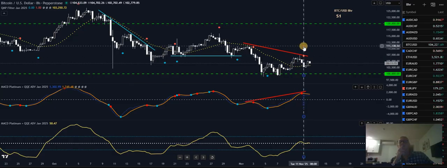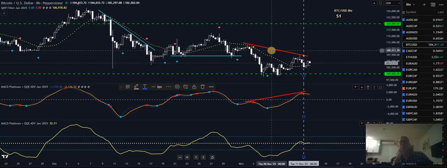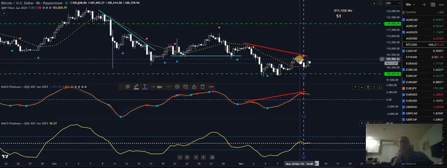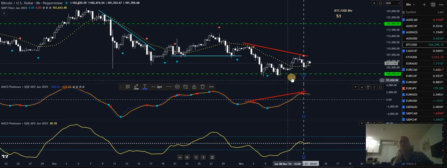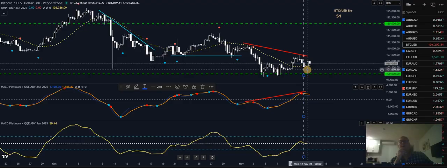Then there's this new sell signal here. It's just a HP or a MACD Platinum setup. I'm not taking sells at the moment on the cryptos, even though there's hidden bearish divergence there. I'm not taking sells. I'm more just concentrating on the buy side. So in hindsight, it was good so far, not taking that sell. I just mark it on the chart so I can see it, that's all.